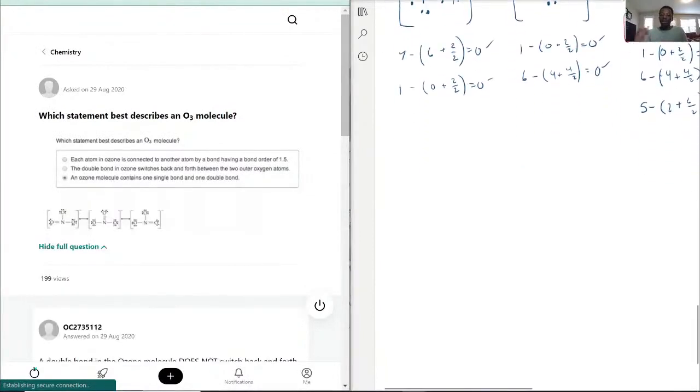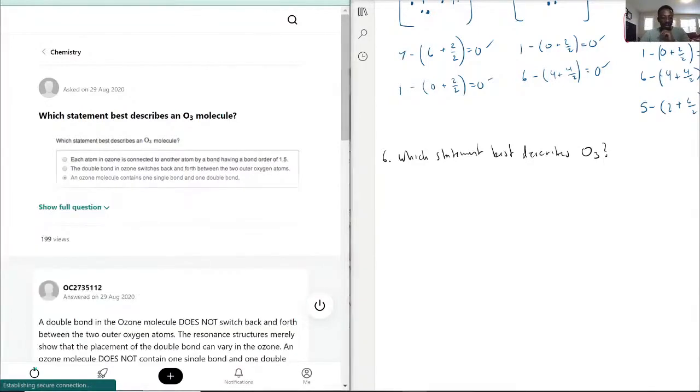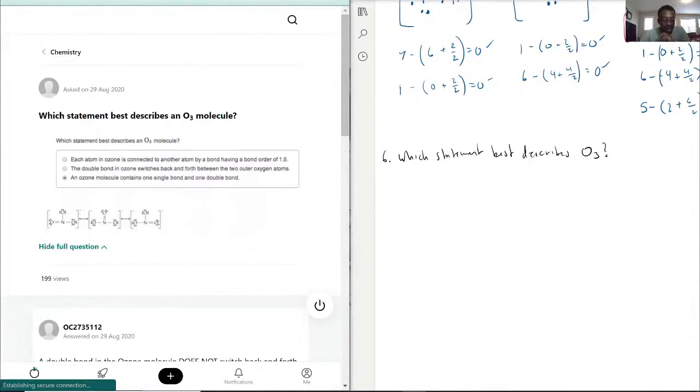Which statement best describes O3? Okay, so that would be your oxygen. Okay, and they're wondering which statement best describes it. Okay, and that's very strange because